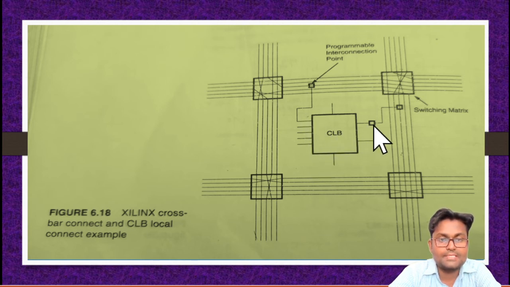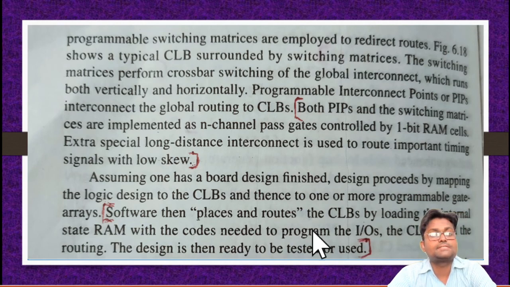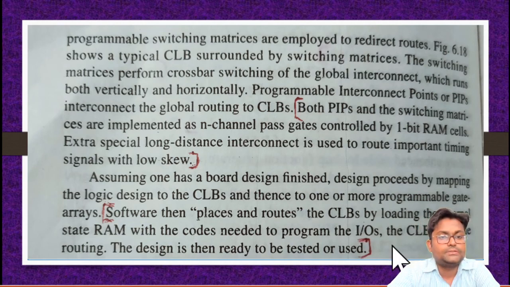These are the five inputs, and these are the outputs that we already discussed in our previous slide: in a configurable logic block, there are five different variables, and by using these variables we can generate two logic functions. These logic functions can be connected by using the programmable interconnect. Also, the horizontal and vertical lines can be connected by using the switching matrix. The theory portion for the switching matrix along with the programmable interconnects is mentioned in this slide.